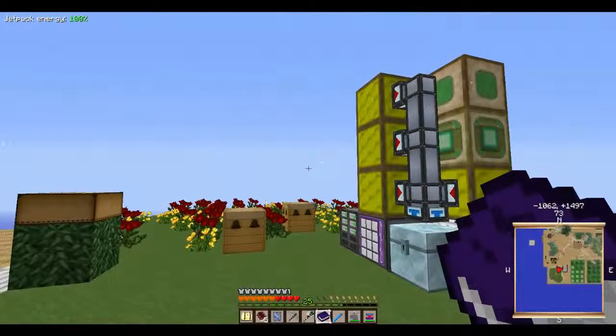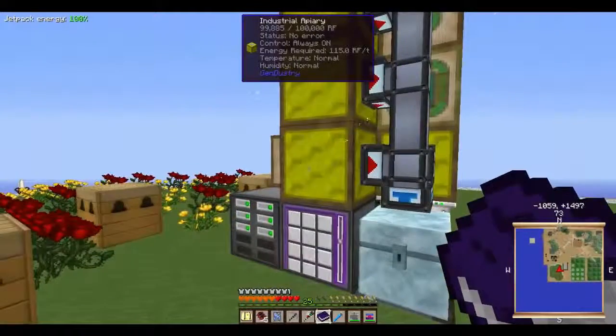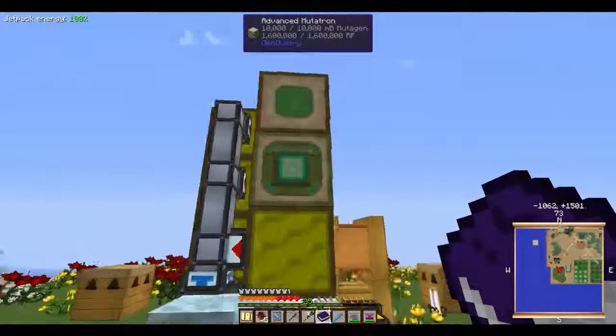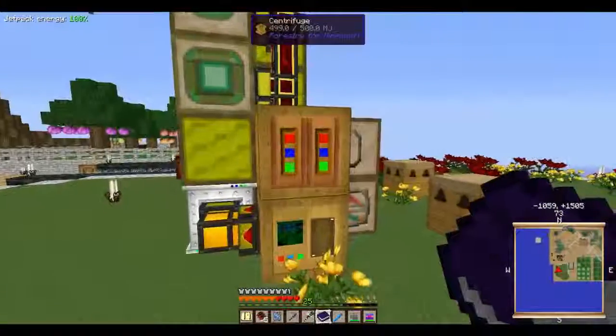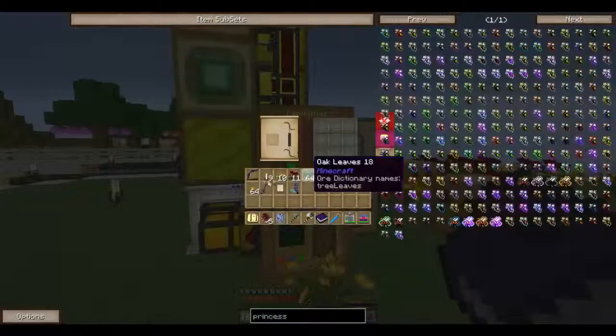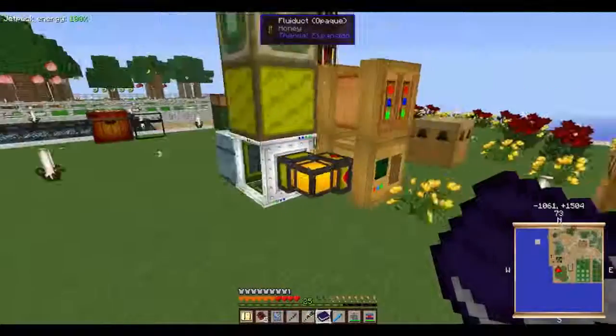But you need the different hive ones to eventually get your higher end item specific bees that you're really going for. So that's what I'm working towards right now. When I crossbreed them, I use the advanced mutatron. If I need more honey drops or honey for anything, I got my centrifuge here, squeezer,